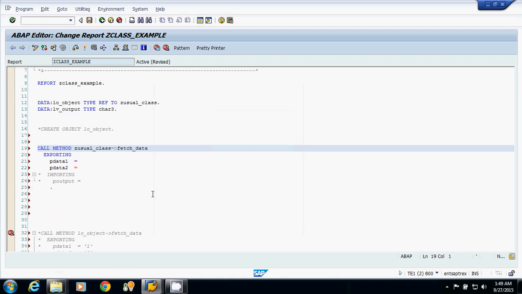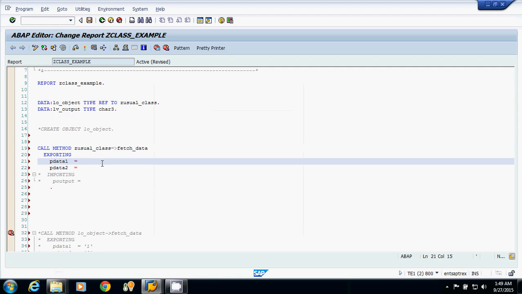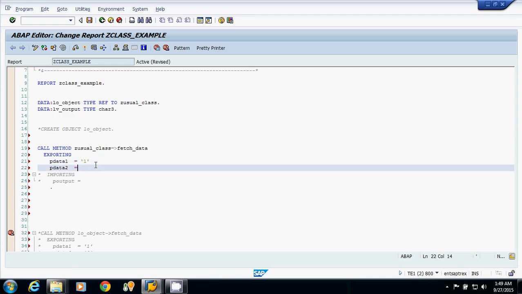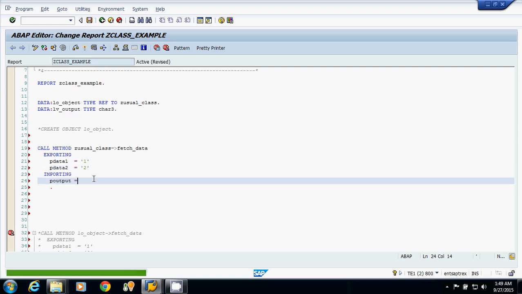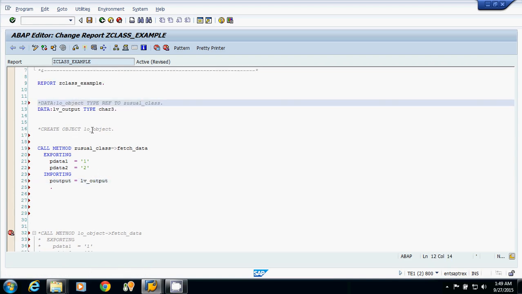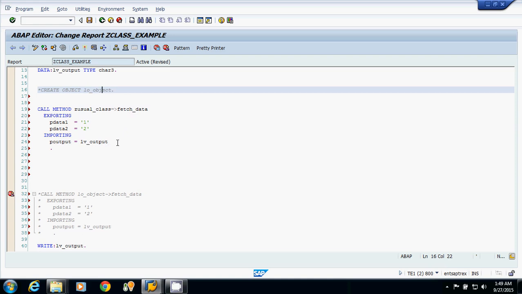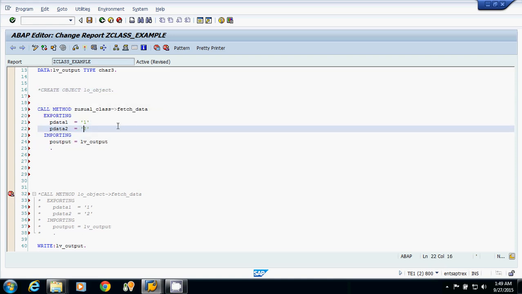Suppose my input is 1, the second parameter is 2, and my output variable is lv underscore output. I am not declaring the object and I am not creating the object. I am directly calling the class method, because my method is of static type.